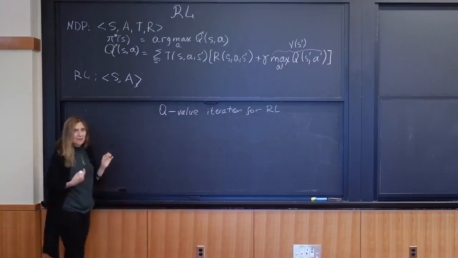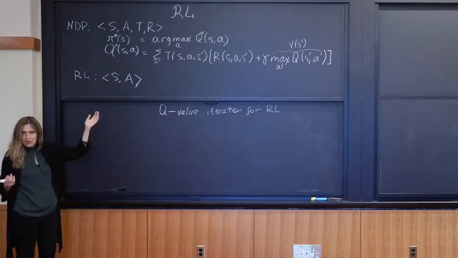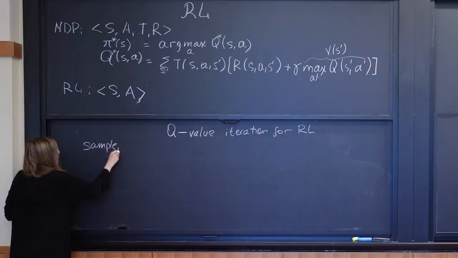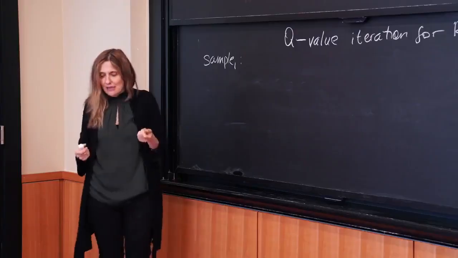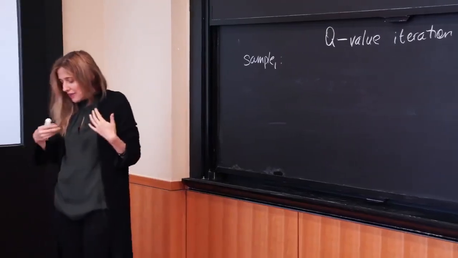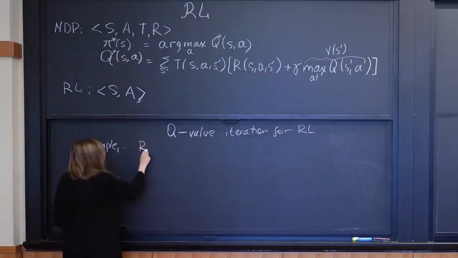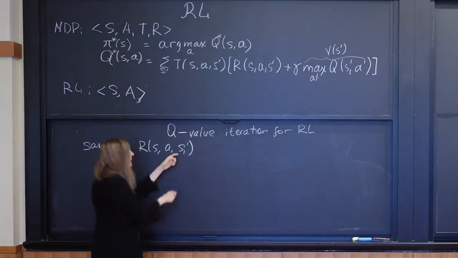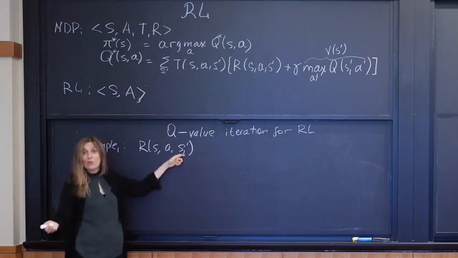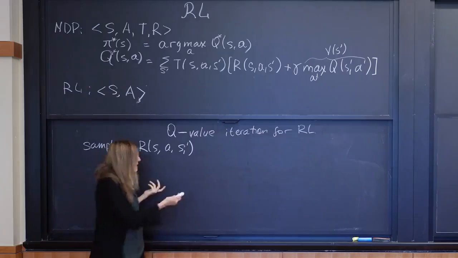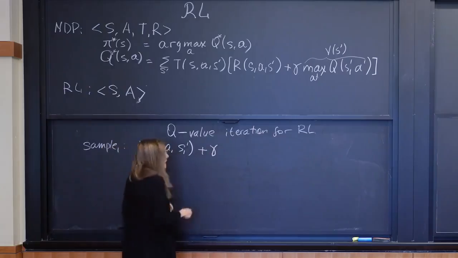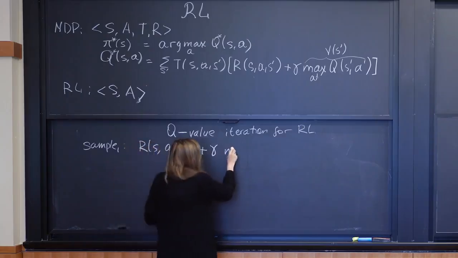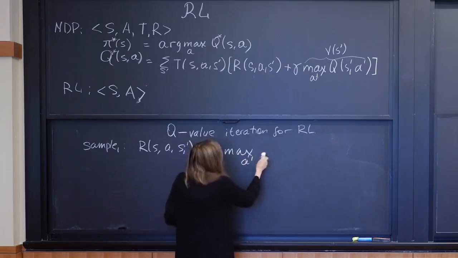So when we are doing sampling, we will not know this transition function, but we will start taking samples. So let's say I am now in my state s. I actually acted. What happened? Since I acted, I will collect the reward that I experienced, and I am going to end up in some new state s1 prime, correct? And then I add to it the discounted value of the state where I end up going. So in this case, as in the formula,